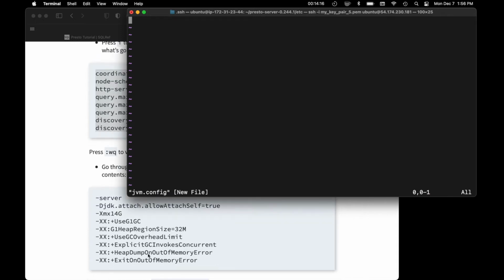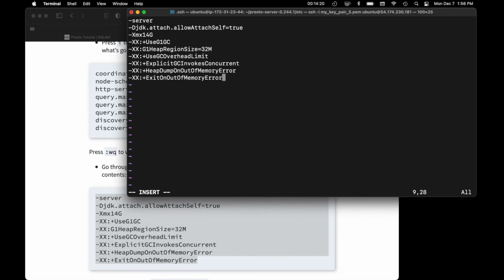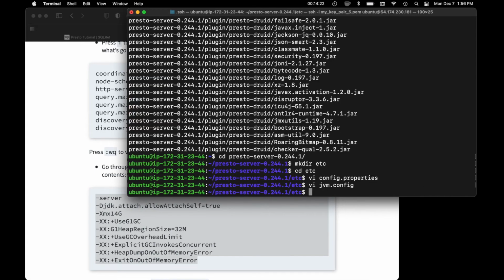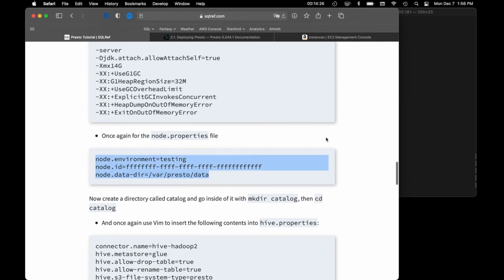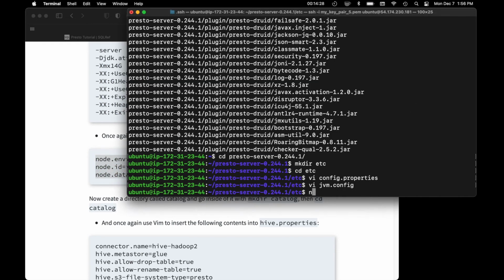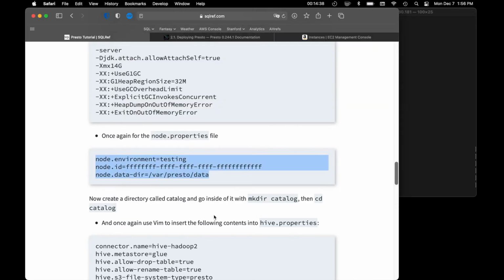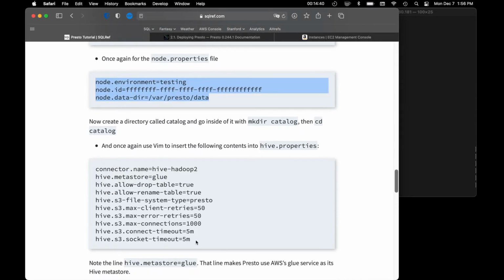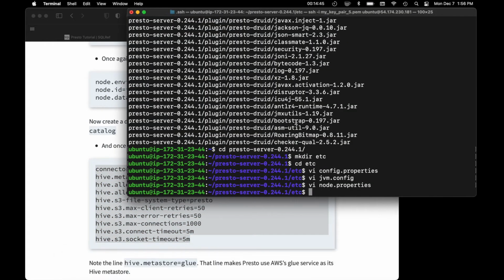Okay, let's do the same for jvm.config. Insert. And then we'll do it one more time for node.properties. And one more time, we're going to need to create one more file, but it needs to go in a